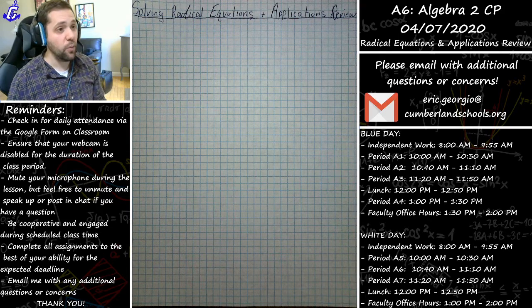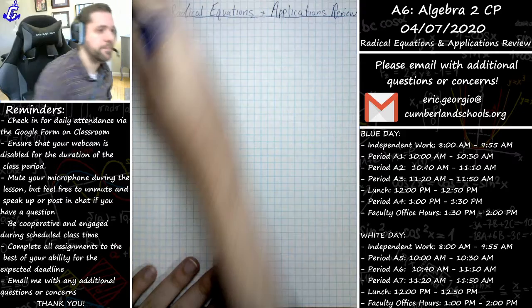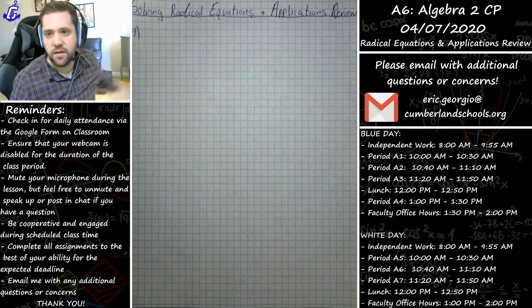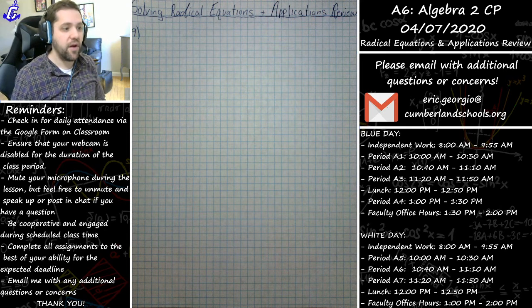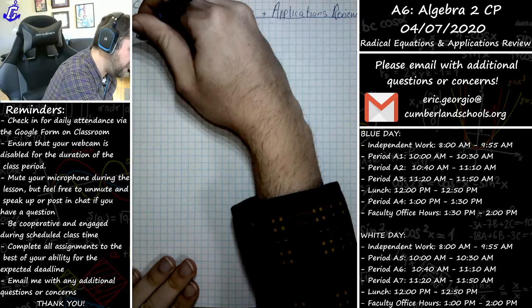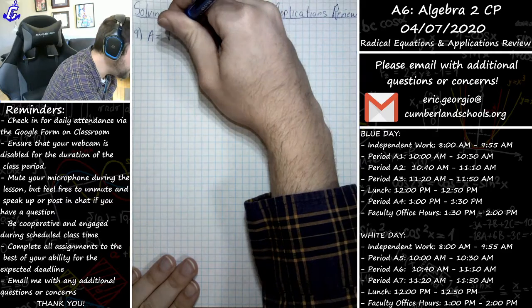So without any further ado, let's go ahead and jump in for number 9 on the homework. Number 9 on the solving equations homework looks like this. It says Heron's formula can be used to find the area of any triangle if you know the length of its sides. Heron's formula is defined as the area of the triangle is equal to the square root of s